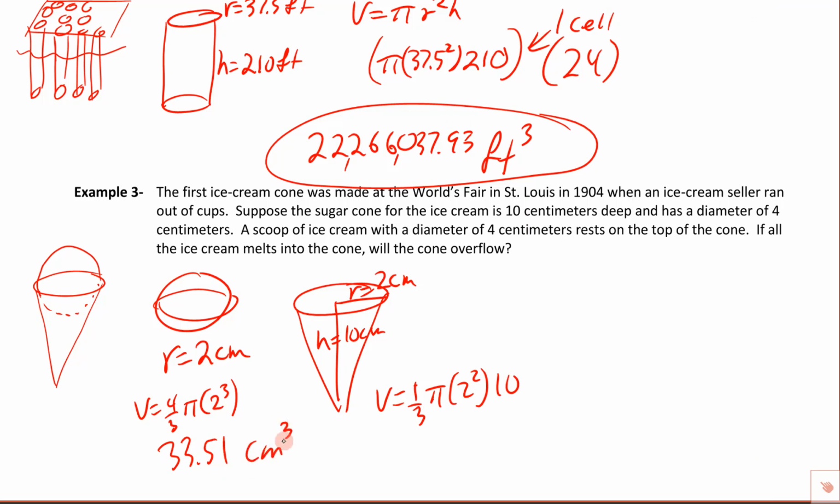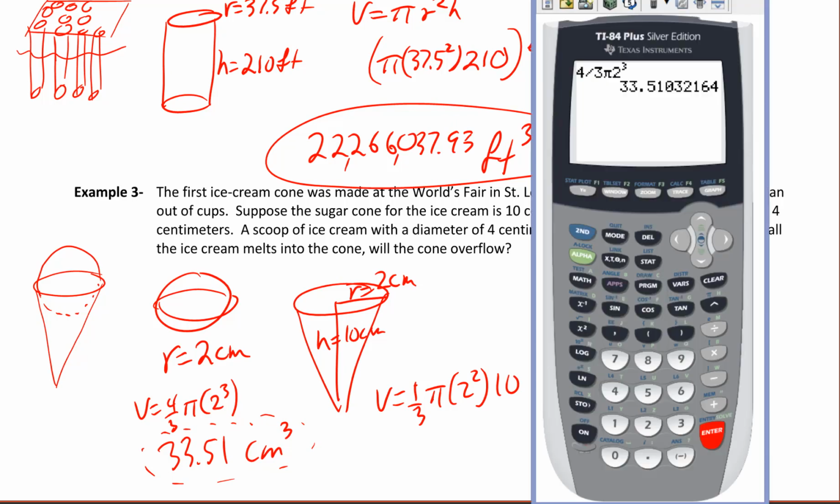33.51, that's cubic centimeters. Okay, so we've got that answer. That's how much ice cream we've got. And then let's type the other one in here. So this is going to be 1/3, so 1 divided by 3. Here's our pi. And then we're going to do 2 squared. Okay, so 2 squared, close the parentheses, and then we multiply it by 10. So we've got that typed in there the right way. So we're going to hit enter, and we end up with